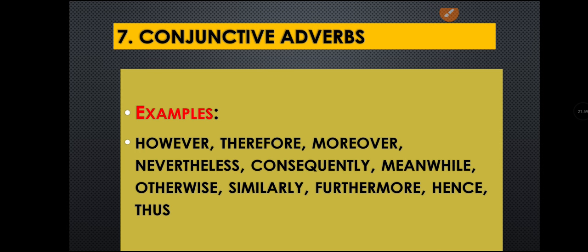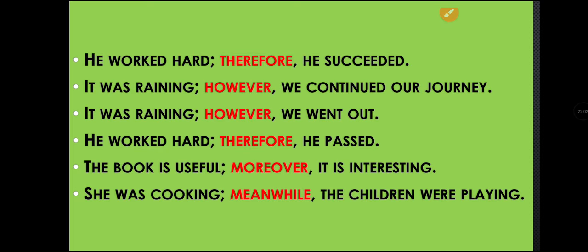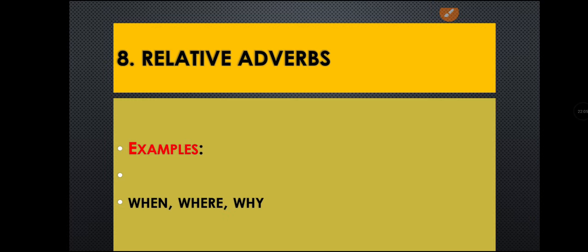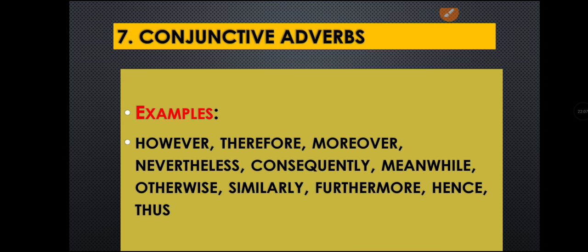So the next one, I think this is the last one. Okay, sorry, one more is there. The seventh one is conjunctive adverbs. I already made a separate video on conjunctive adverbs. Conjunctive adverbs function as conjunctions. I mean, we use these words for joining two independent clauses. That is why they function as conjunctions also. And they function as adverbs also. That is why the name is conjunctive adverb. That is, it has two functions.